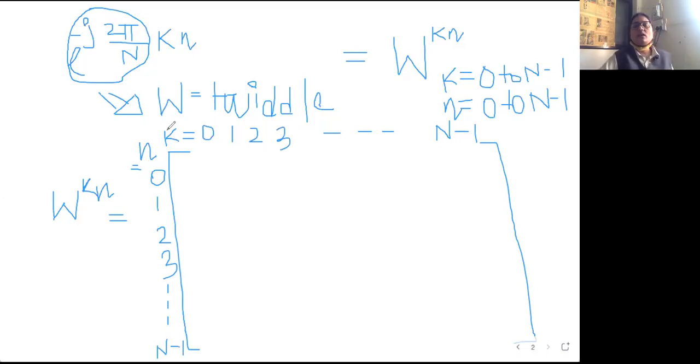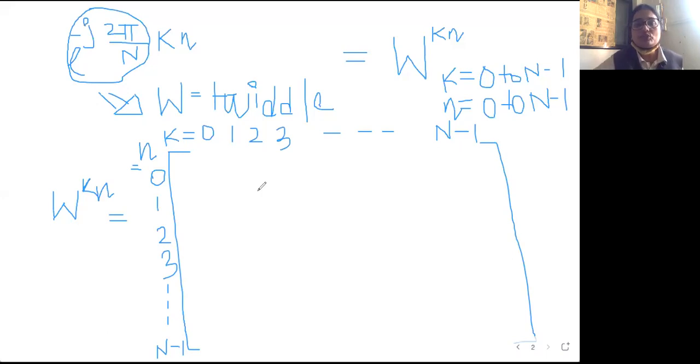k and n. k is taken for representation of DFT values. The n variable we have taken for the input signal, the time domain variable. k we can say is the frequency domain variable. The twiddle factor is denoted with the help of k and n. Both have some range: k is denoted by 0 to N minus 1, and n is denoted by 0 to N minus 1. So both variables we have represented in matrix format.